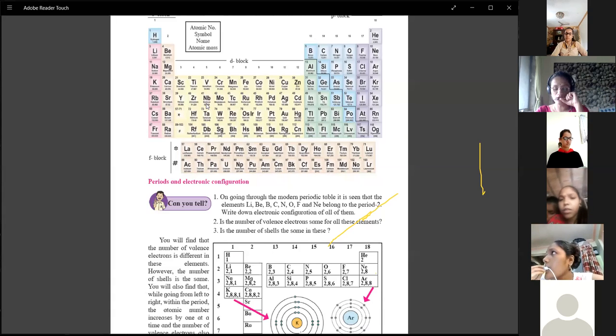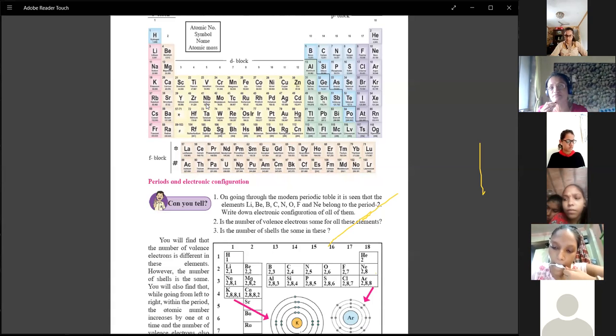What is the cause of non-metallic character of an element? Anybody answer? Prashant? Anu? Answer is that the tendency of an element to form an anion, or electronegativity, is the non-metallic character of the element, because they form the electronegativity.